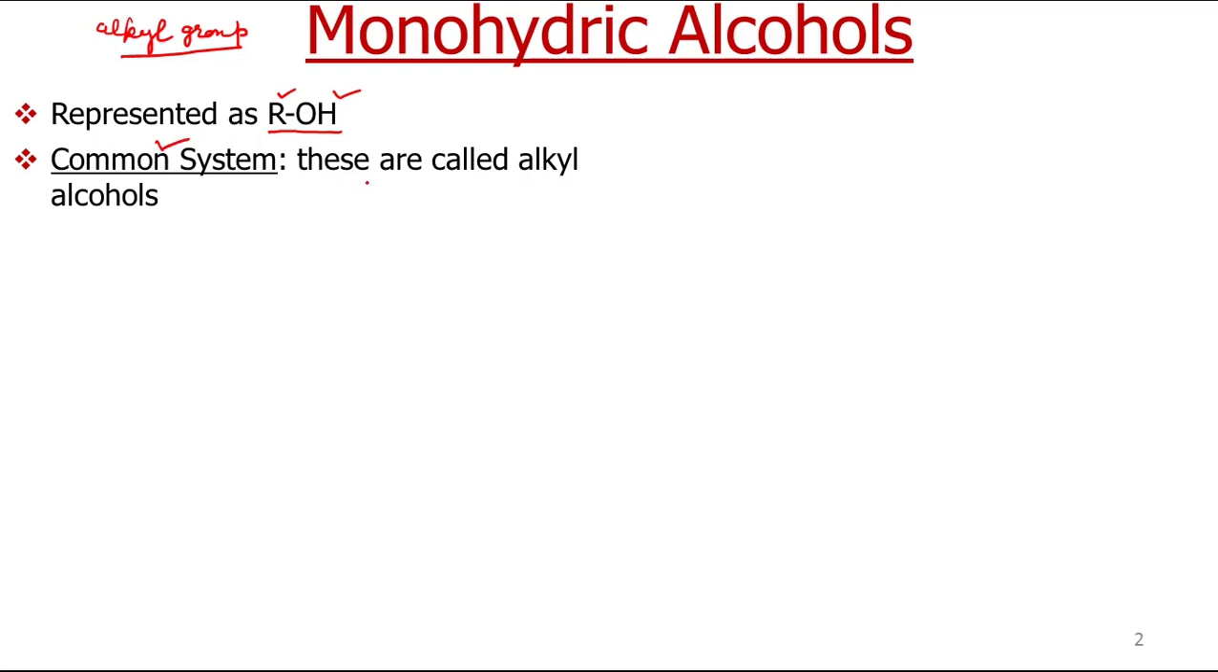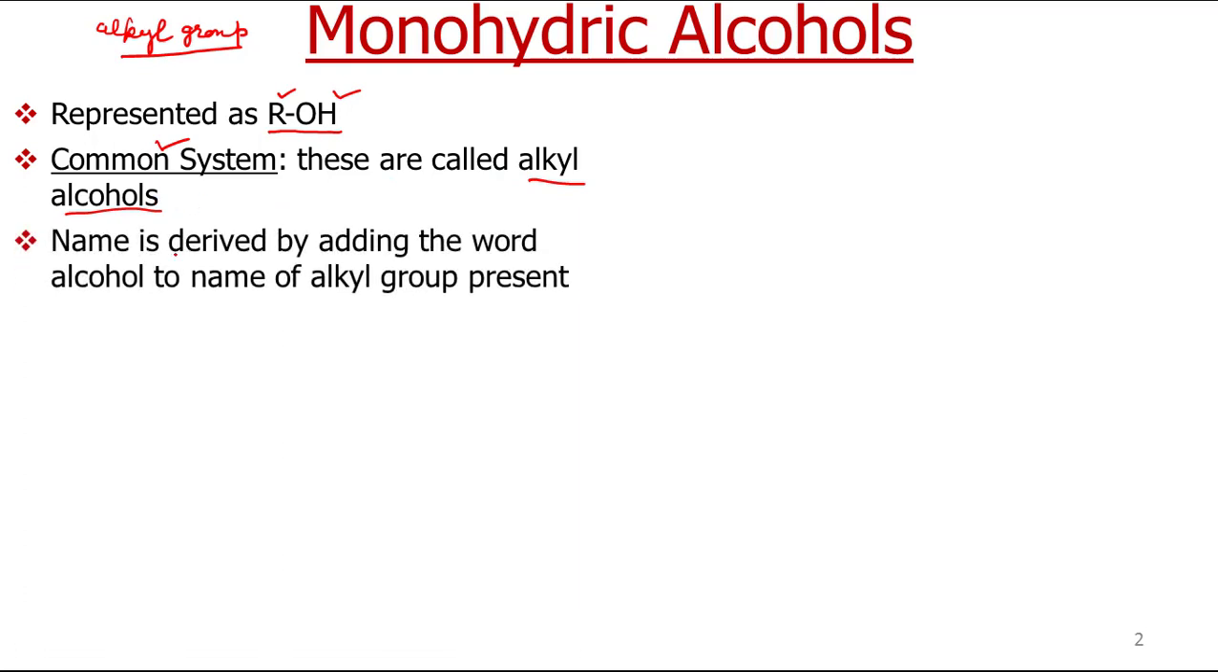In this system the alcohols are called alkyl alcohols. So what does that mean? It means that in this system the name of the alcohol is derived by adding the word alcohol at the last to the name of the alkyl group present. This system is quite simple. We choose the alkyl group, then at the last we add alcohol. Like, simple, I will write an example: